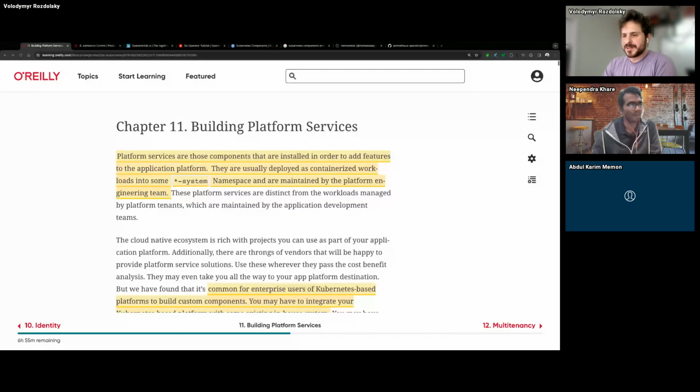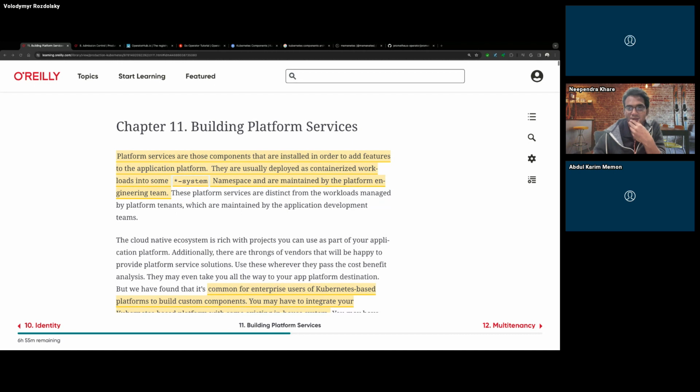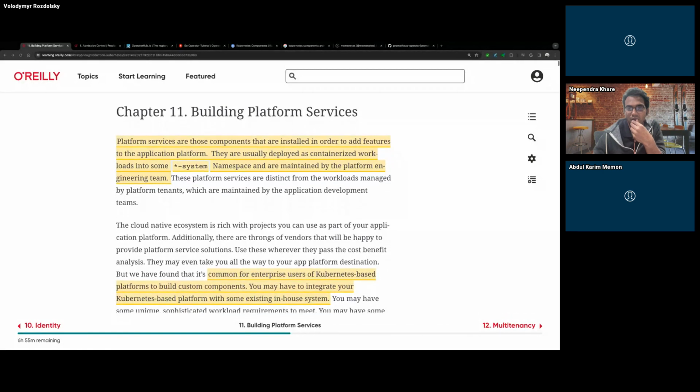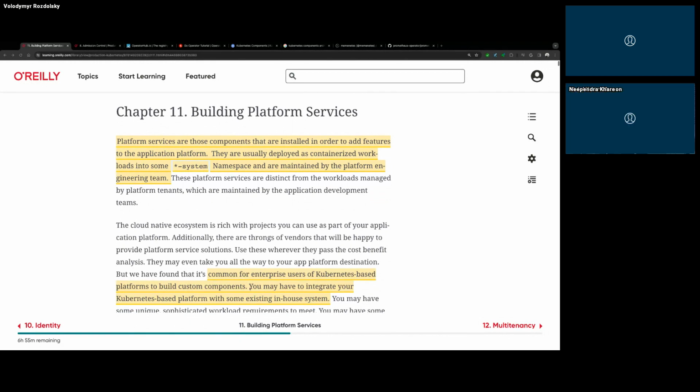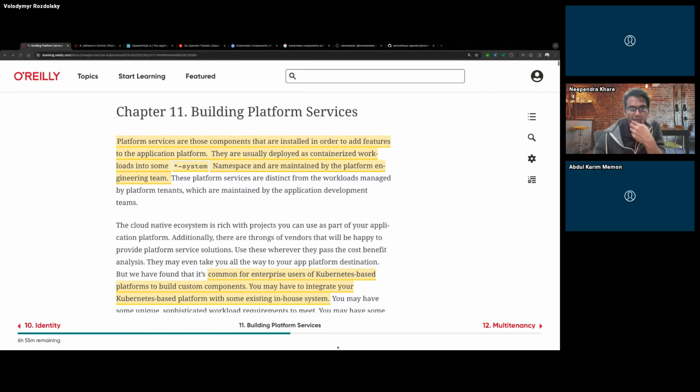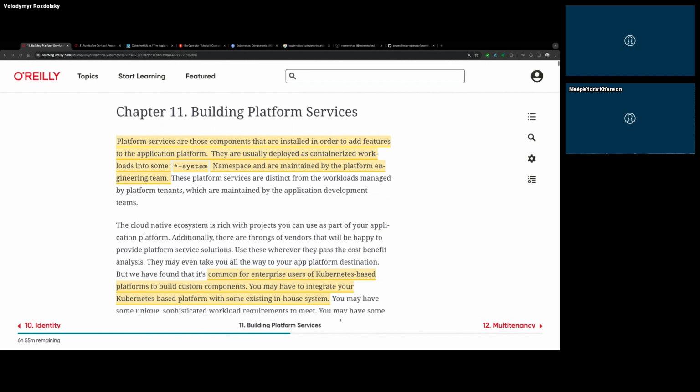Okay, so building platform services using Kubernetes. This chapter is a synopsis that discusses Kubernetes extensibility, focusing on extension points like plugins and webhooks. And here it elaborates on the operator pattern, emphasizing Kubernetes controllers and the role of custom resources, and what tools are used for operator development, like KubeBuilder and Operator Framework.